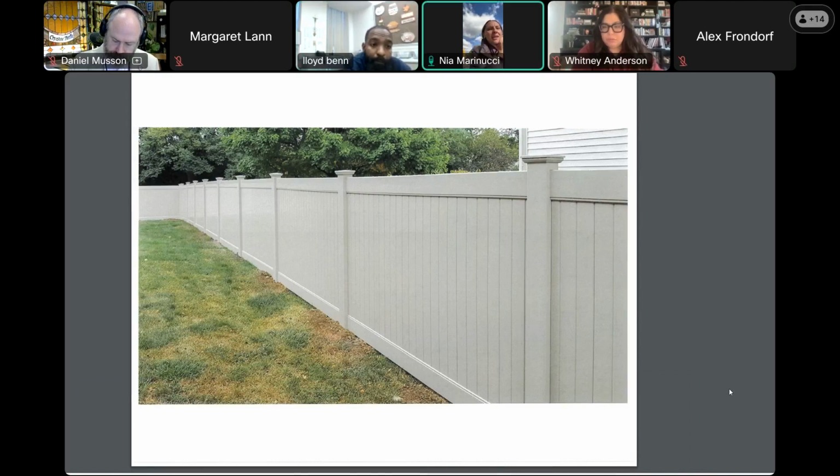Thank you, Lloyd. Just a couple of clarification questions. Is the color of the fence a white or is it like a grayish? Because on my screen it kind of looks like... No, it's tan, the same color of the fencing shown. Got it. And it matches the exterior of the property.